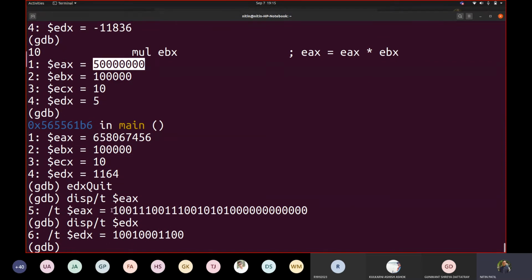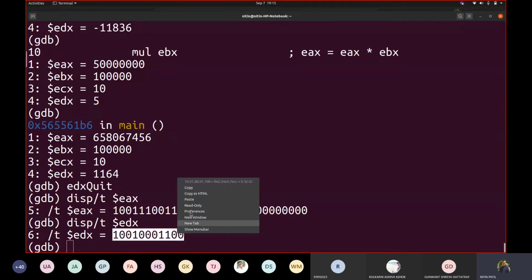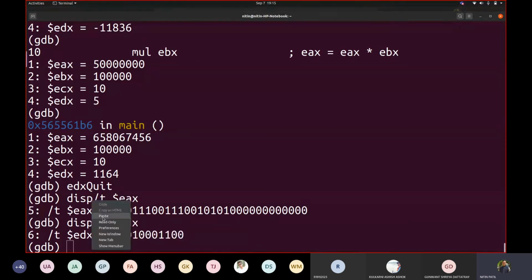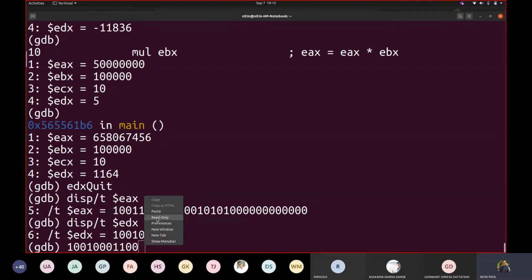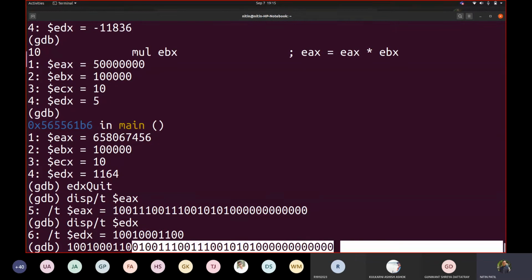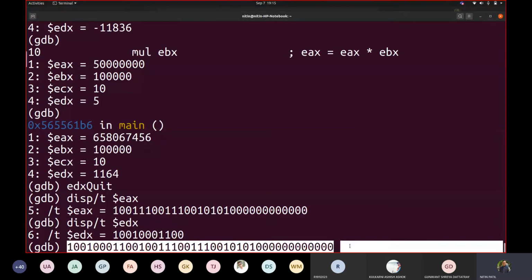If you see this whole thing, let us copy this and paste it here. This whole thing is the result of that multiplication. EDX and EAX altogether are used by the mul instruction to store the 64-bit result of multiplying two 32-bit values.